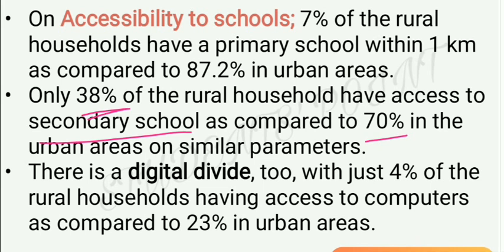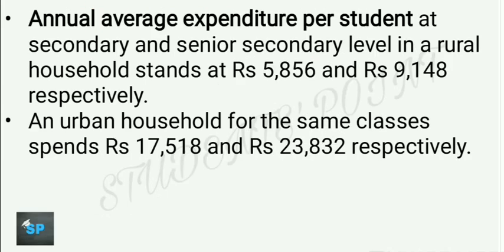in urban areas. While there is also digital divide, that is access to computers. In rural areas, only 4% of the households have access to computers, while 23% of households in urban areas have access to computers. And there was also a huge difference in the annual expenditure per student. See, in urban areas, the annual expenditure for secondary school was rupees